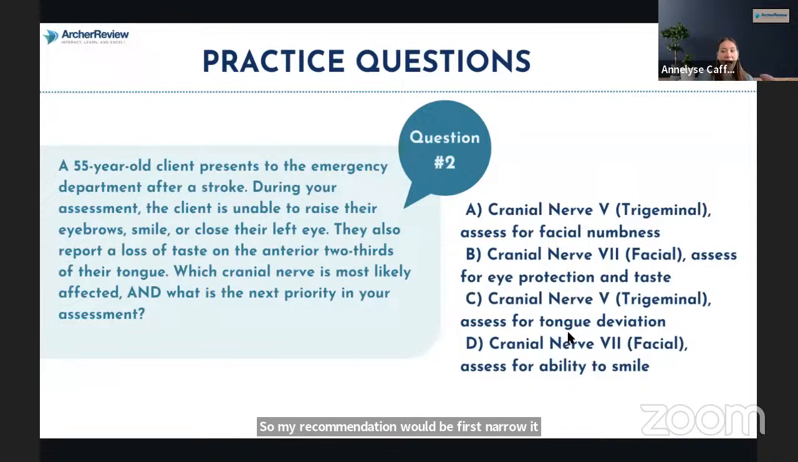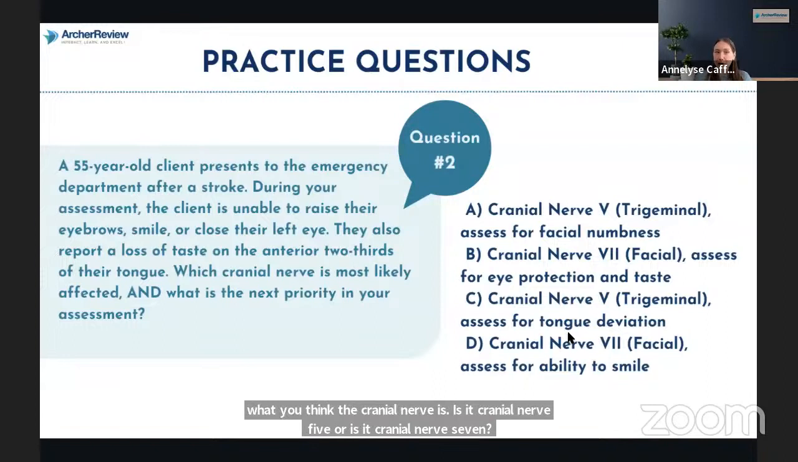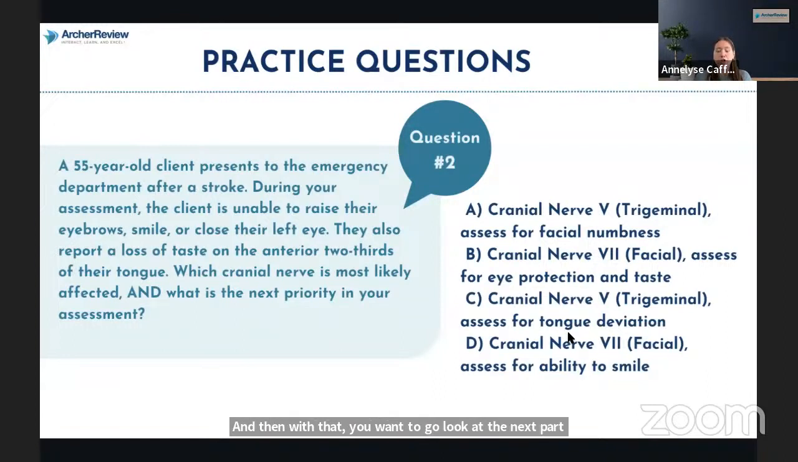Is it cranial nerve 5 or is it cranial nerve 7? And then with that, you want to go look at the next part of the question. What's your next priority assessment? So cranial nerve 5, would you be assessing for facial numbness or tongue deviation? What's more important? And then for cranial nerve 7, your options are eye protection and taste, or the ability to smile. So you want to look at both of those and see what you think is going to be the